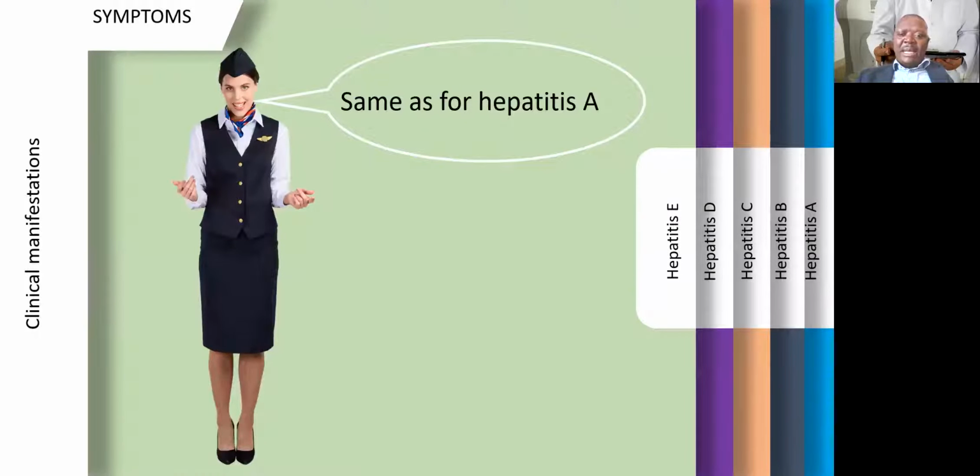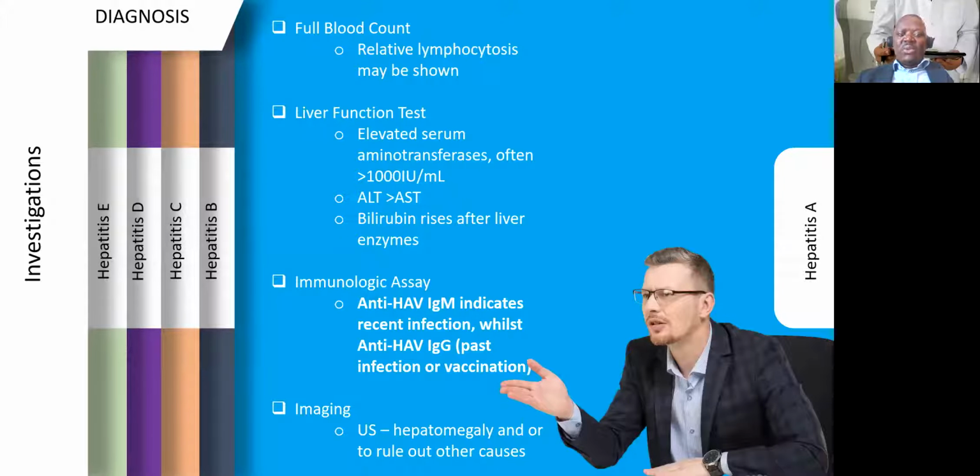For acute hepatitis E, the same as for acute hepatitis A. Of course, these A and E cause only acute viral hepatitis. And so when we talk about chronic viral hepatitis, we are going to be talking about B, C, and D only. Perfect. Right, so what do you do when a patient comes with this kind of infection and you